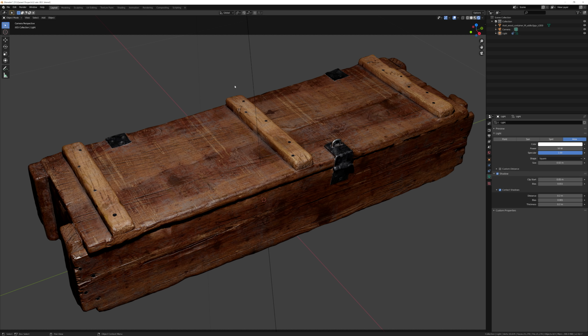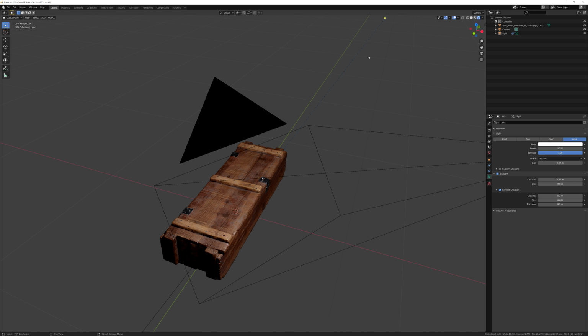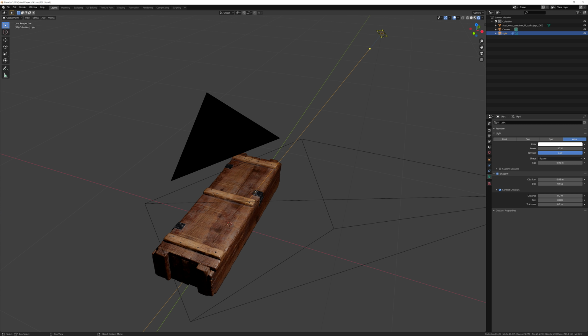So to get another lamp in the scene, we can go about it a couple different ways. We can click Shift A, and then we can go down here to the light option and click an area lamp. But we're not going to do that in this case because we want the quicker method. So let's zoom out here and make sure that our first lamp is selected. And all we're going to do is hit Shift D.